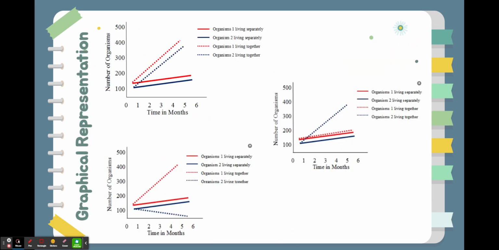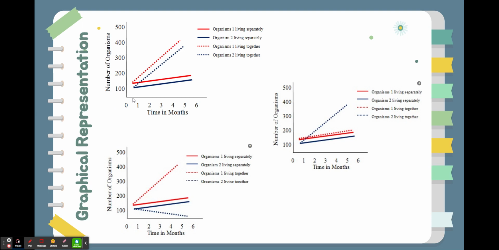For these top three relationships, it's important that you can also represent or identify them in a graph. So let's talk about what that would look like. Please take a moment to pause the video and ensure all three of these graphs are in your notes. All right, starting with the first graph up here, you can see that we have the number of organisms over